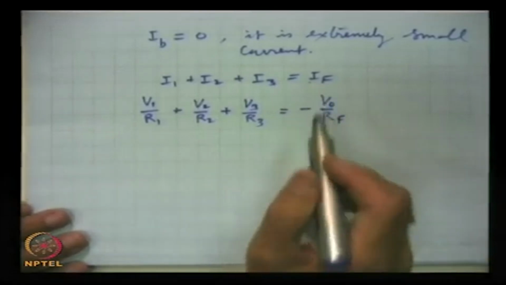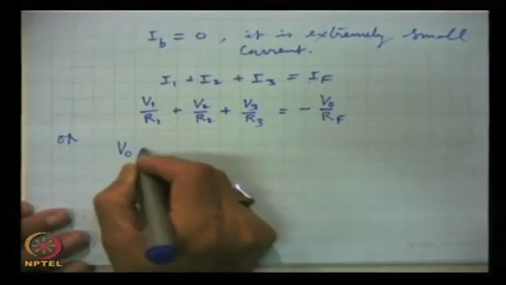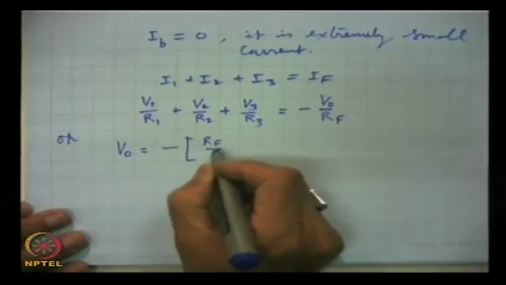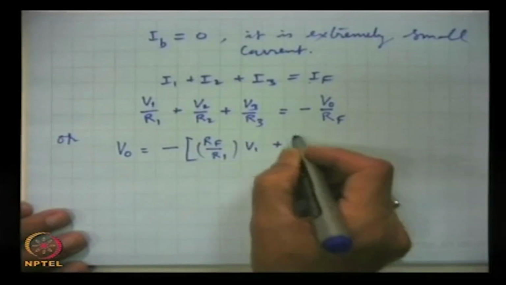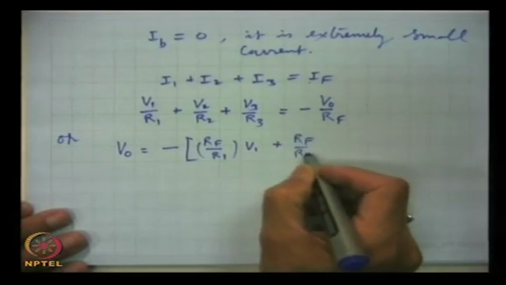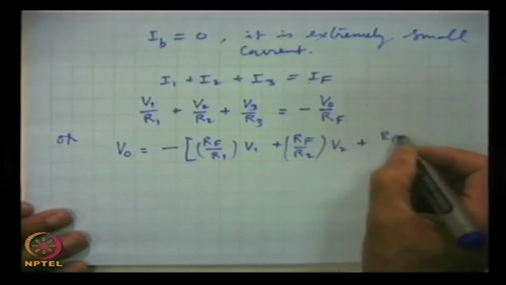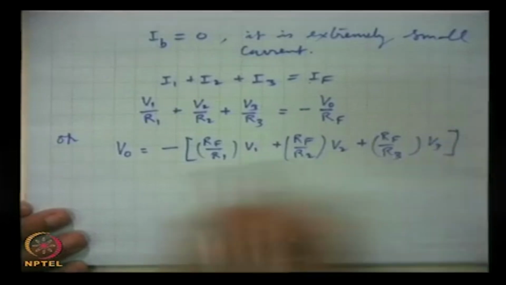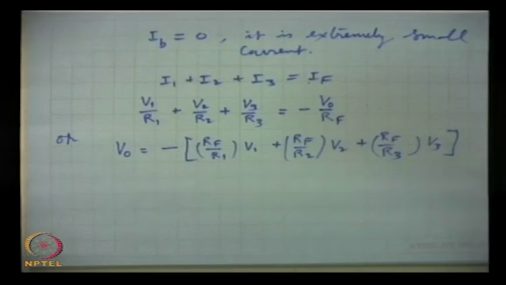or the output we can write from here, V0 is equal to minus RF by R1 times V1 plus RF by R2 times V2 plus RF by R3 times V3. This is the relation, which is, we may say, the basic relation for this circuit, and then by choosing,